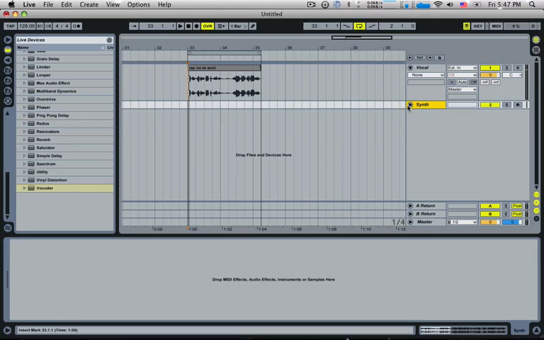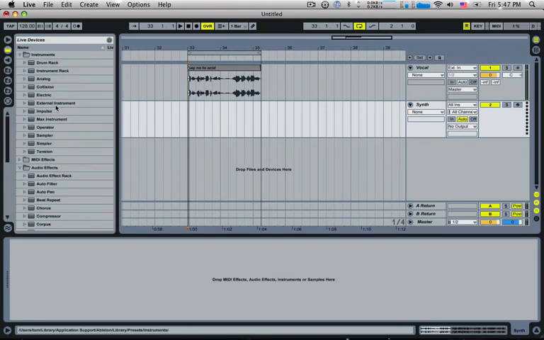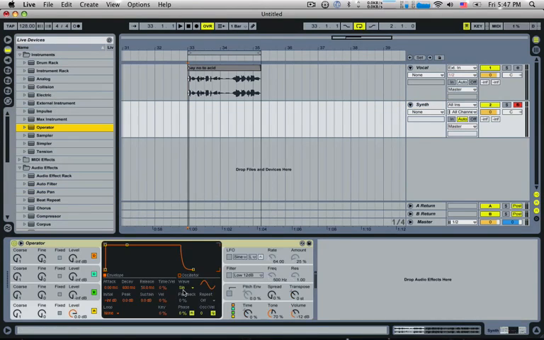There we go. So this is my synth. I'm going to load up an Operator in here, and I'm going to give it a very basic saw wave, a saw D, like so. So if I play this,